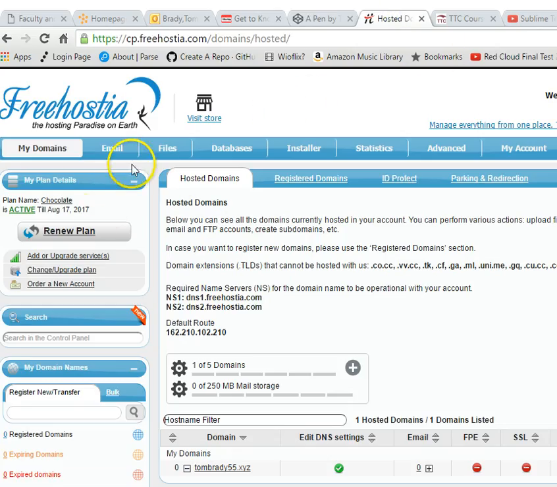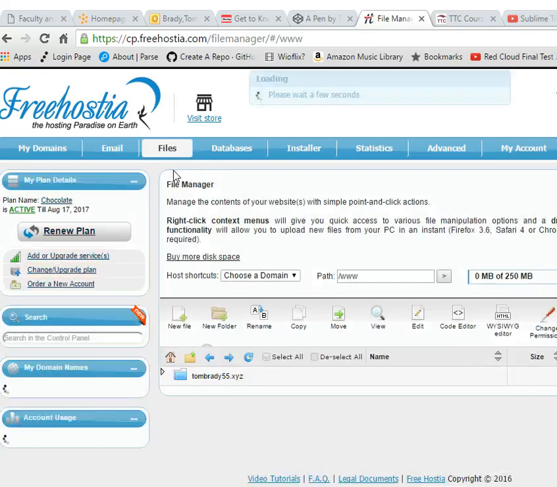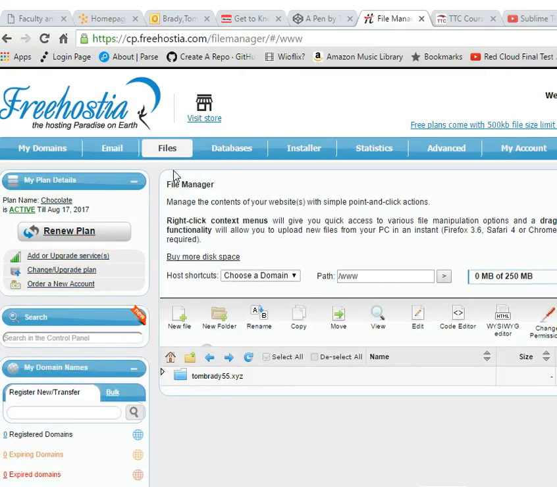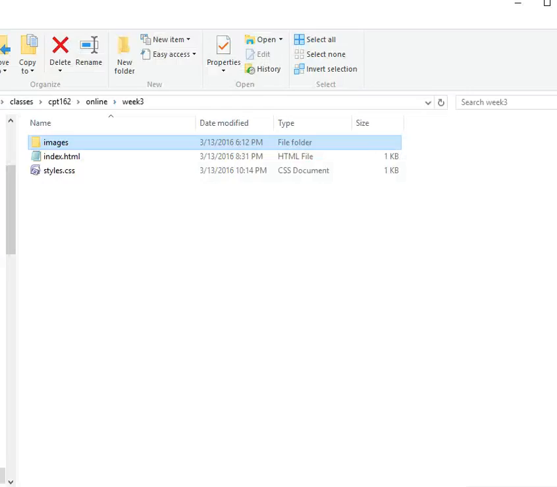And if I go now to Files and File Manager, I can take a look and see what's in the folder for Tom Brady 55 XYZ, and there it is. So our domain name has a specific folder, and it's going to show us what's in that folder. So if I click on that, you can see the folder's empty, and that's why we're not getting anything. We want to have something in there. So let's go to File Manager,